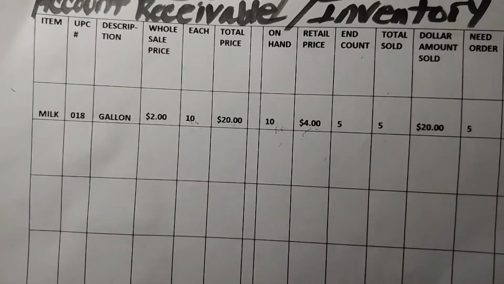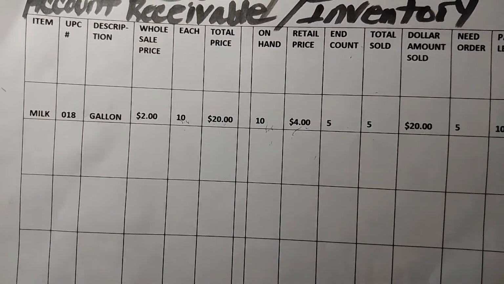The total price will be in the sixth column. And you will put $20. Okay? So it will look like this. Okay? It will look like this. Okay. Now,